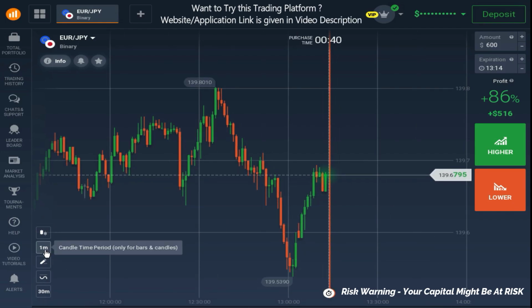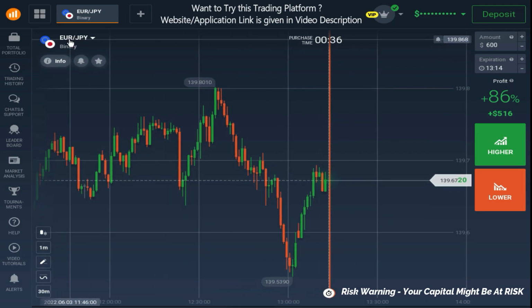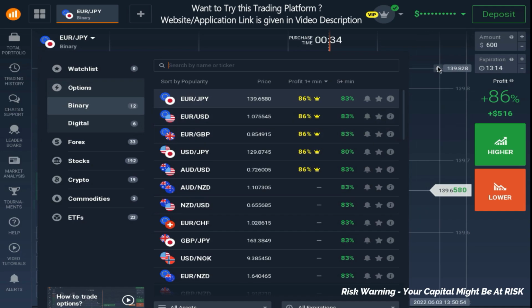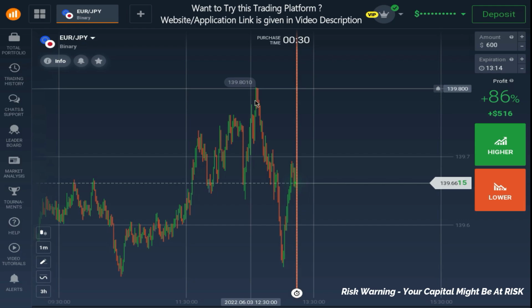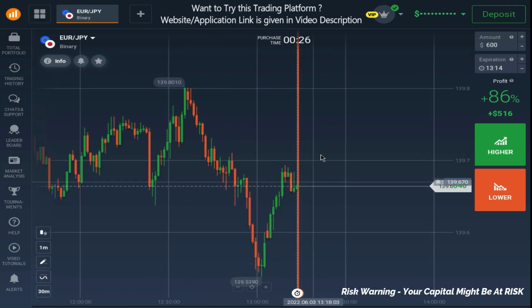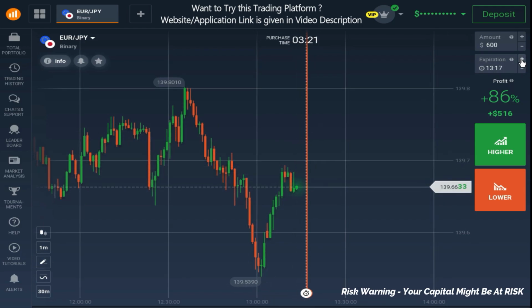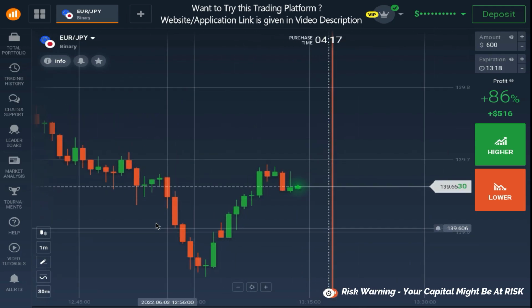I'm going to analyze a 1 minute candlestick chart. As you can see, this is a 1 minute candlestick chart and we are trading with an 86% payout ratio. Right now, the market is in a downtrend. This is the run, and this we will call the retracement phase. First of all, I will increase the time because we are going to trade for 5 minutes by analyzing the 1